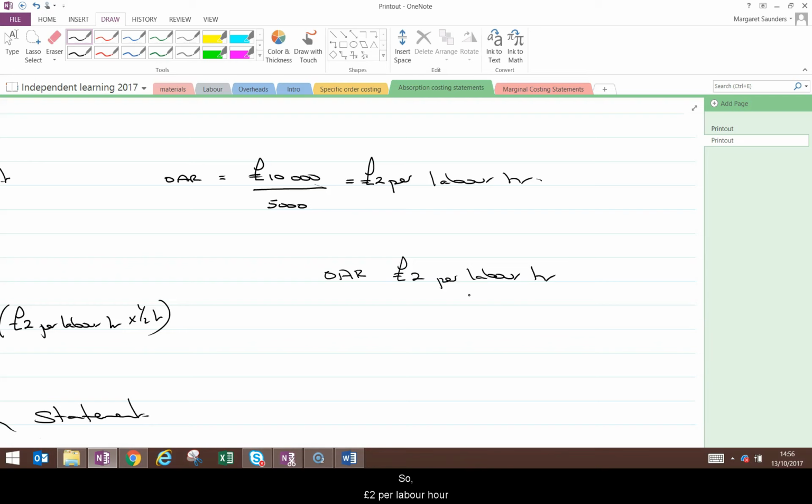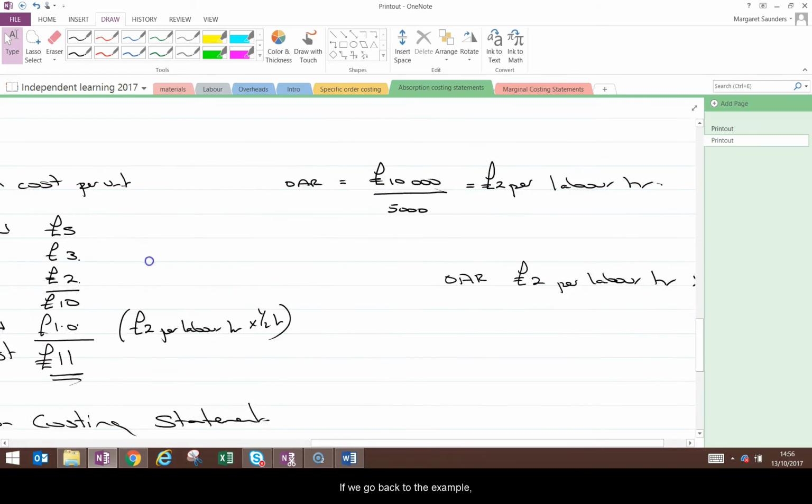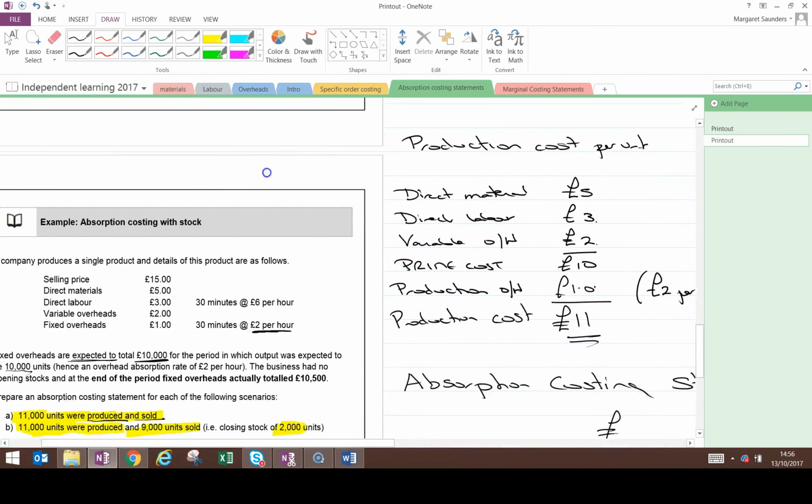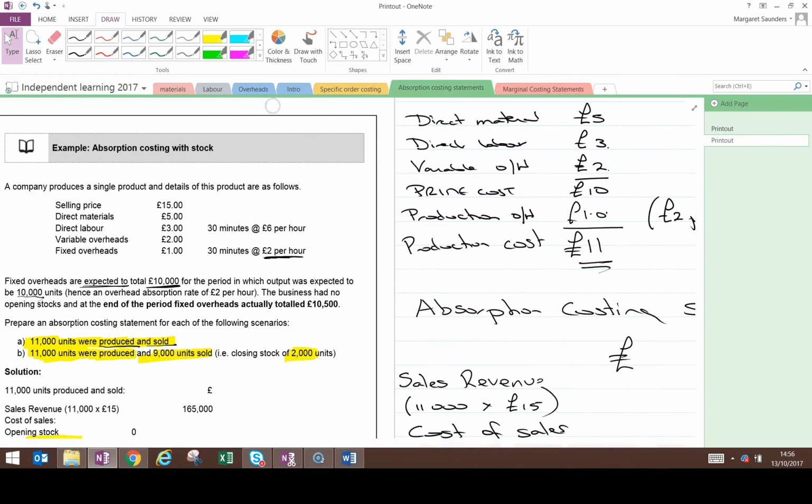So £2 per labour hour times the actual labour hours worked. So if we go back to the example, they haven't told us how many labour hours were worked, but they have told us that